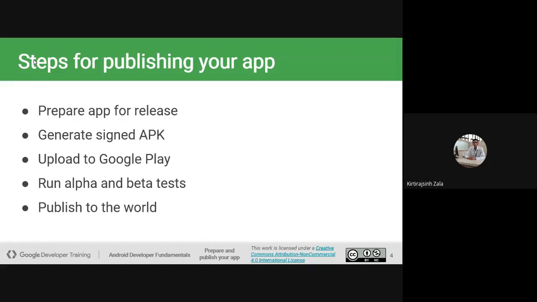So first you need to prepare an app for a release. Then you need to generate a signed APK. Then you need to upload your application to Google Play Store. Basically, we'll be discussing what is a signed APK.